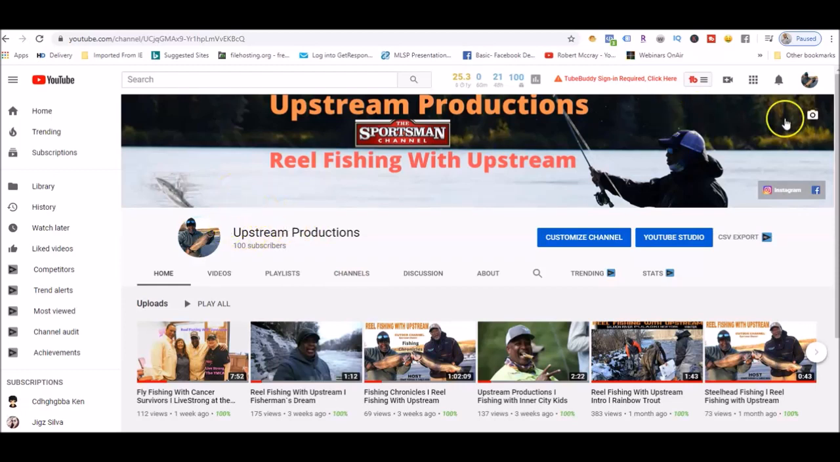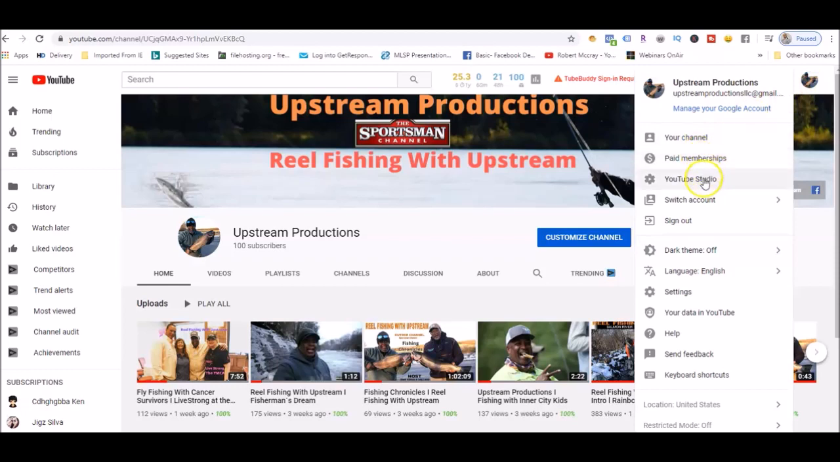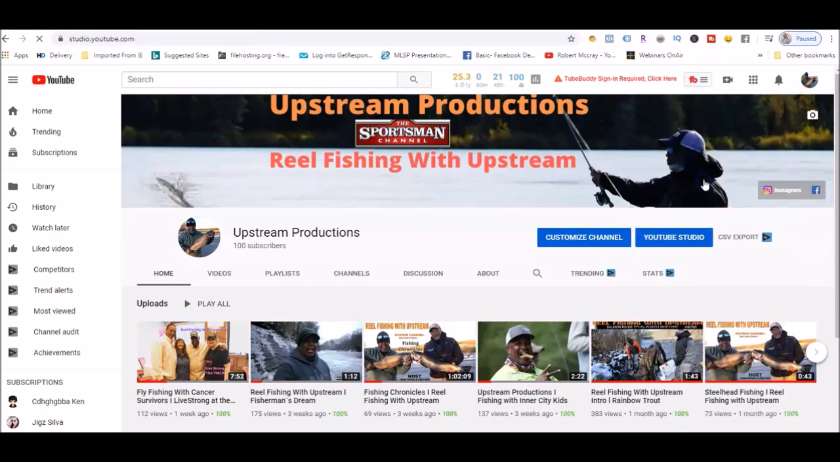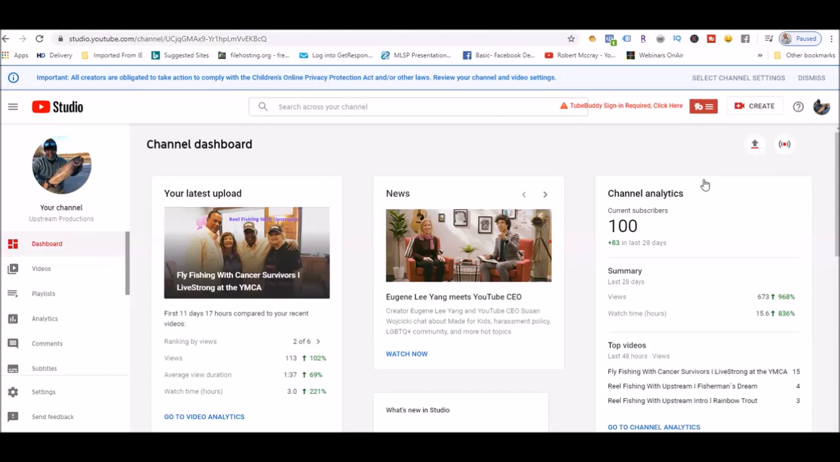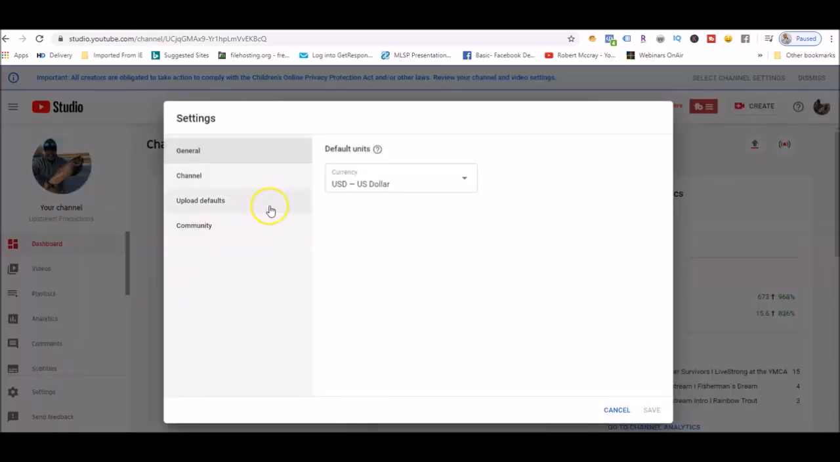All right, so all you need to do is come over here to your icon for your YouTube account, and we're going to go into the YouTube Studio. Now YouTube is constantly changing this around, so it might be worded differently when you go to do this, but as of December 2019, this is how it is showing up currently. Once you're into your YouTube Studio, you're just going to click on Settings here, and then you're going to click on